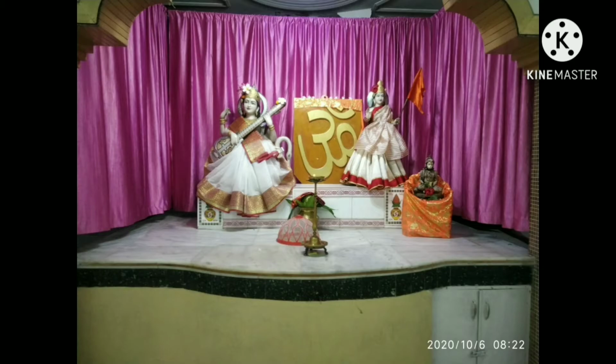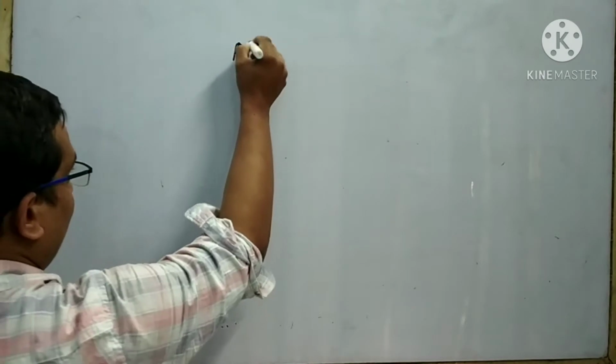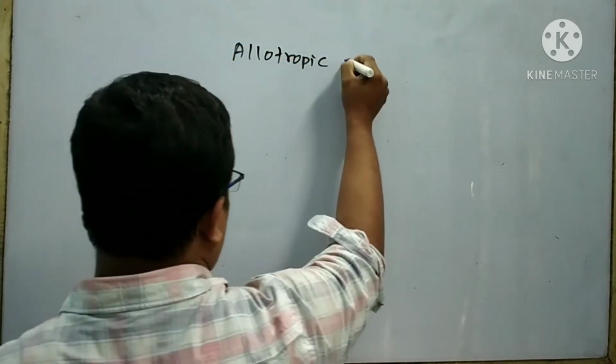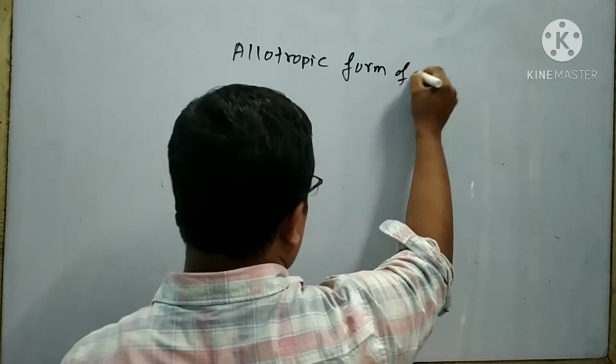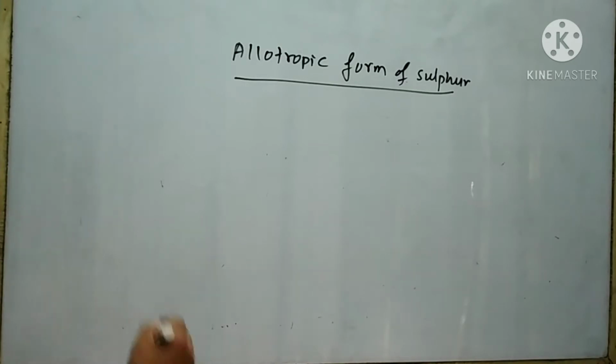Santi. Swastha. Dear student, in the previous class I discussed dioxygen, its method of preparation, physical and chemical properties, and uses, as well as ozone, its preparation, chemical and physical properties, and uses. Now I will discuss the allotropic forms of sulfur. There are four types of allotropic forms of sulfur.